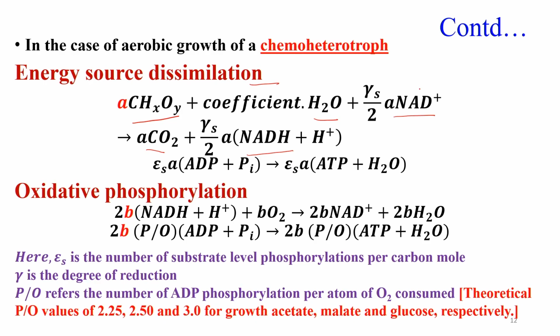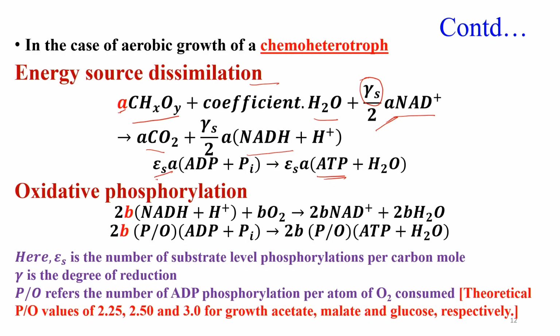And parallelly, as it is an oxidation reaction, ATP is also generated. There are a few coefficients here. One is gamma S. What is gamma S? The degree of reduction of your substrate. So, if it is A here, this much A NAD is required,